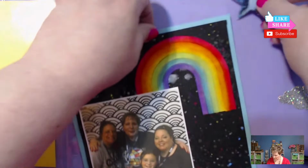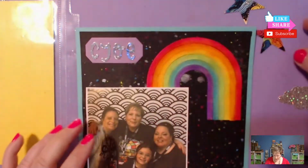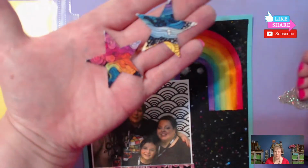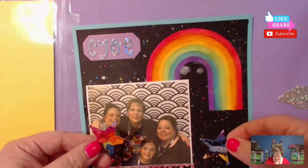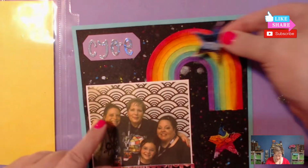All right, so let's use some of these stars. I cut out a couple of stars. I used the other one on the other page, but I've got these fun stars. Look how fun that paper is. I just love it. So I think we'll definitely put one down here. I think we'll put this one down there. And then this one,